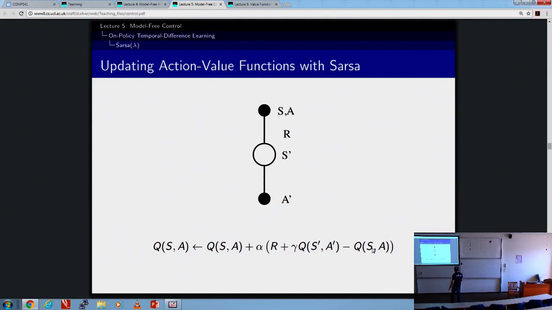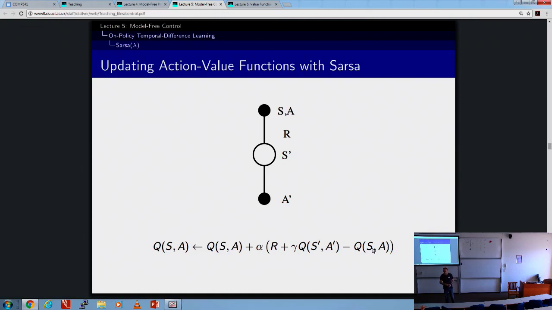This equation, is it in fact a weighted average of the previous estimate and the next estimate? Ignore this part and this part of this equation. This basically says take Q(S,A) and make it closer to R plus gamma Q(S', A'). So take the current Q estimate of the current state action pair and make it closer to the immediate reward plus the next